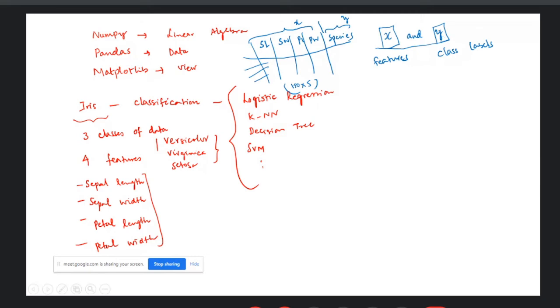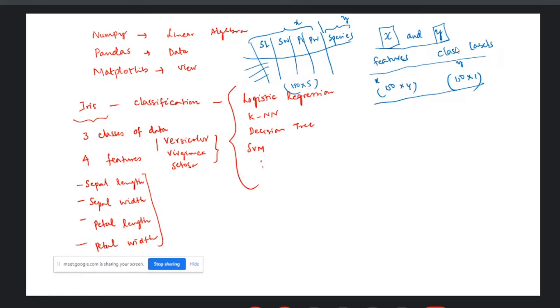Once you do this, in X you will get 150 rows and 4 columns only, because the label you removed. And in Y, you will have 150 by 1, because you removed all 4 features and kept only the label. So this is how the data should be after you split the class label from the rest of the columns.